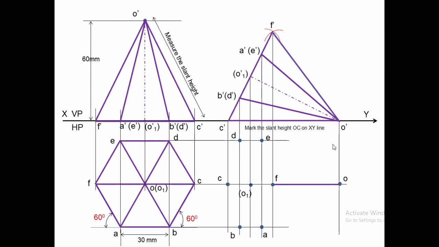The second condition, the face away from XY line is A, B, C, D, E, F, A, which is nearer to the observer. Observer can clearly see this, which is more than 90 degree. You can clearly see it. Therefore, you are going to mark the face A, B, C, D, F, A in sequence by thick line.